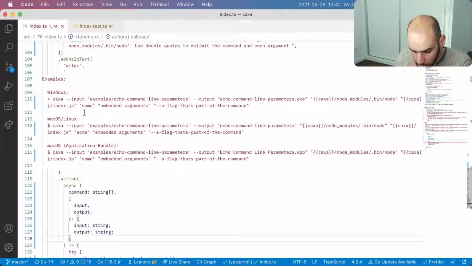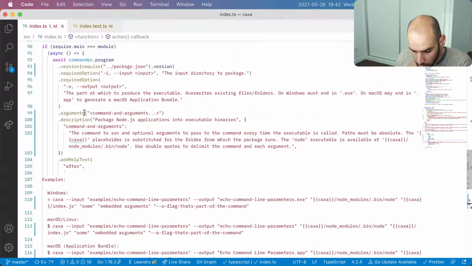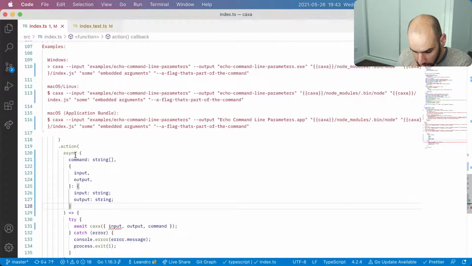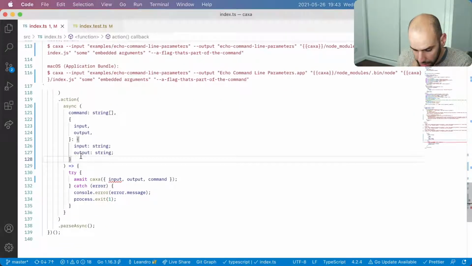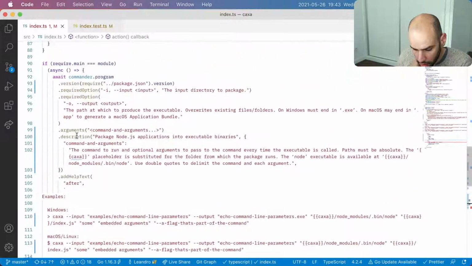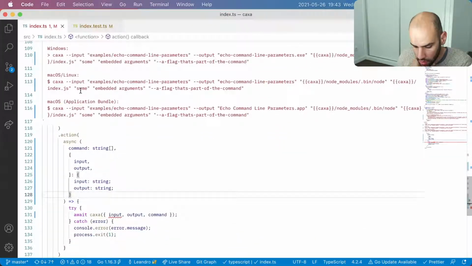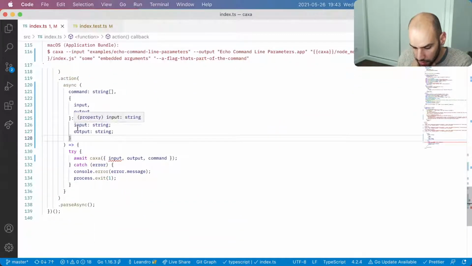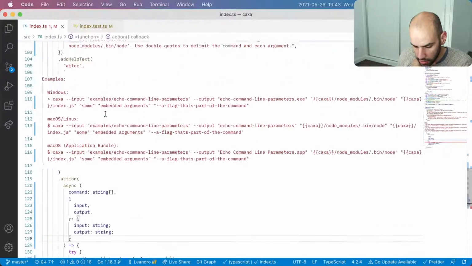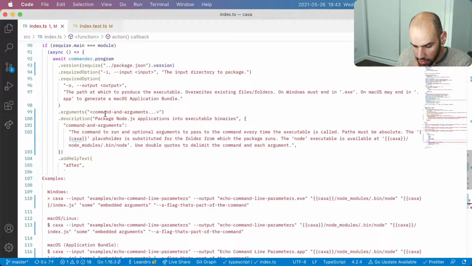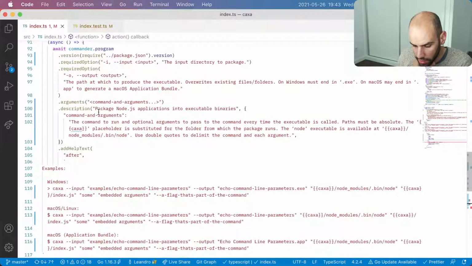So your arguments come first, I think. And then your options come later in a map with the names that match the name over there. So yeah, I think that this is by position, and then this is actually called command and arguments.